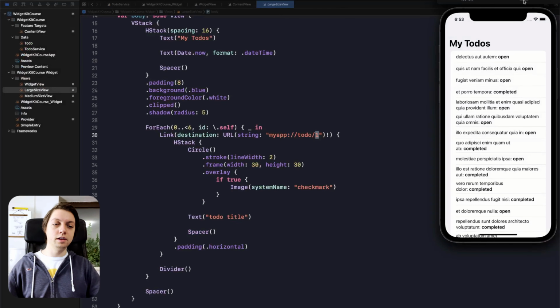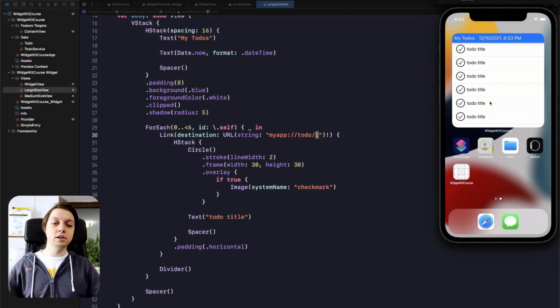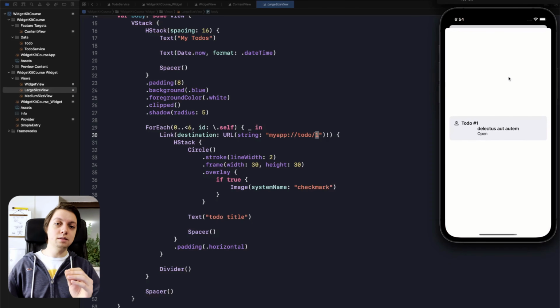And then if we close that again, go to the home screen, and now over here in the large size widget, you will have to have a very sharp eye here. If you click on the individual cells, then they will get highlighted a tiny bit like a button, and the app will get open. So let me click on the third cell here. You saw there was that little subtle button click animation. Now the app opened again, and we once again see information about the to-do number 1,